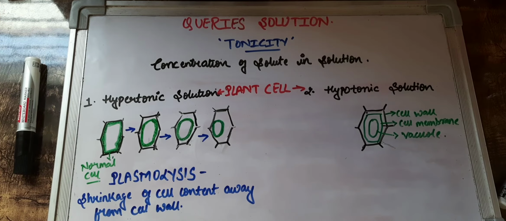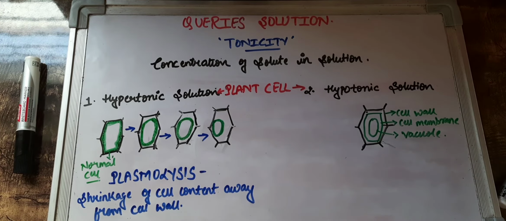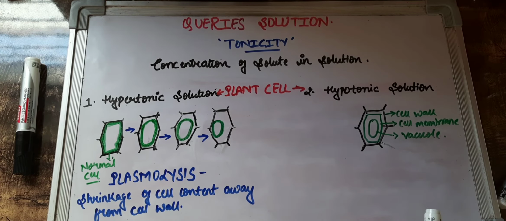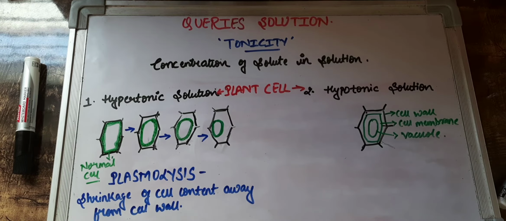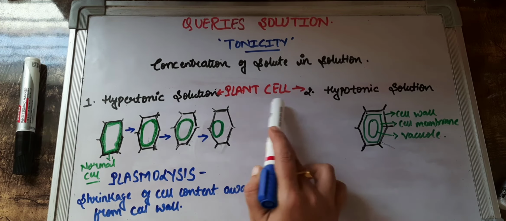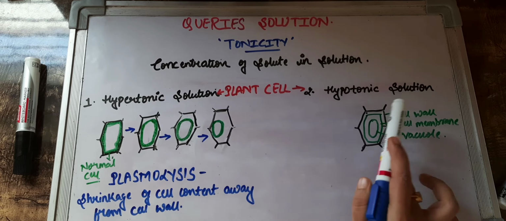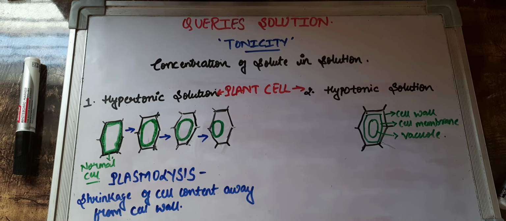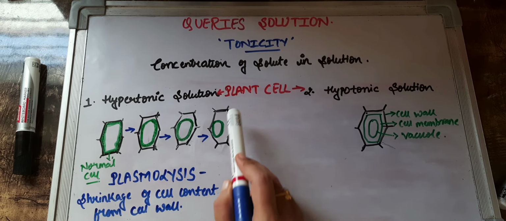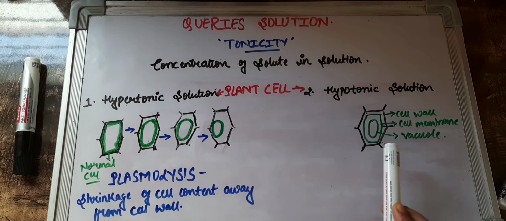So children, previously we have seen what will happen if I place an animal cell in all the three different types of solution. We have seen that in isotonic, no net change happens. And majorly in hyper and hypo, the animal cells have changed their shape. But now I am taking the example of placing a plant cell in both hyper and hypo. Why have I not taken iso? Because anyway there will be no net change, so I am not talking about that. Now if I am replacing the animal cell with a plant cell, as you can see, then what will happen in this case is what we need to know.